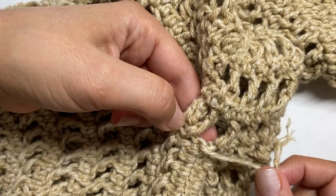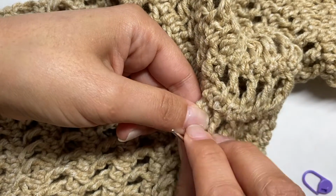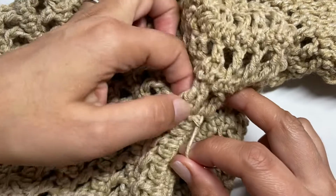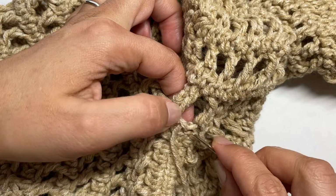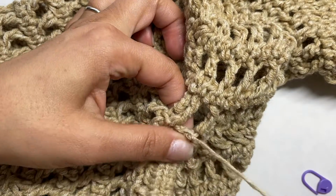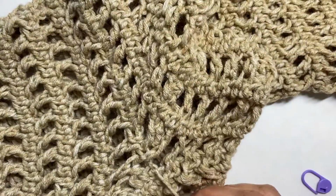how nicely it brought it together. So now we don't have those gaps. I will do it twice to make it nice and strong, because I like those ends to be nice and strong so they don't tear or rip later. So we'll go through one more time, and this time I'm going to just go ahead and knot it just like that. And there you go. So easy peasy, we fixed the gap that we have there, and it makes it a lot less noticeable from